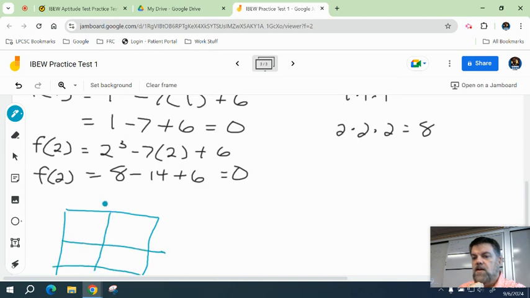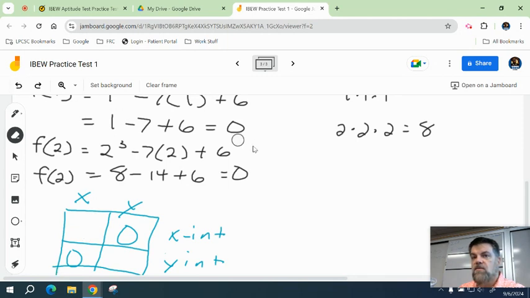For your intercepts, the x-intercept occurs when y equals 0, and the y-intercept occurs when x equals 0. So this is the x-intercept, and this is the y-intercept. Okay. Well, this one's easy to do. I could just plug in 0. So to find the y-intercept, I could say f of 0